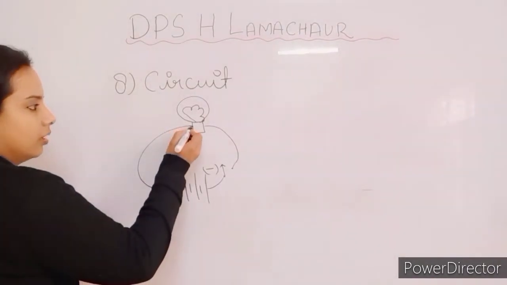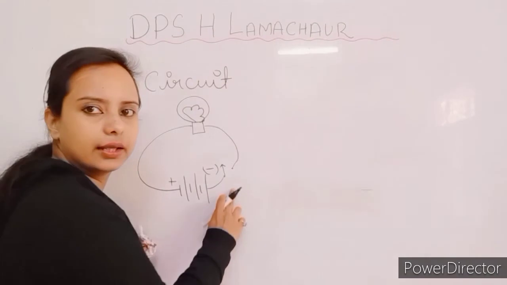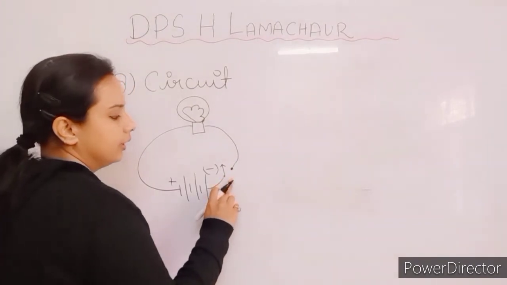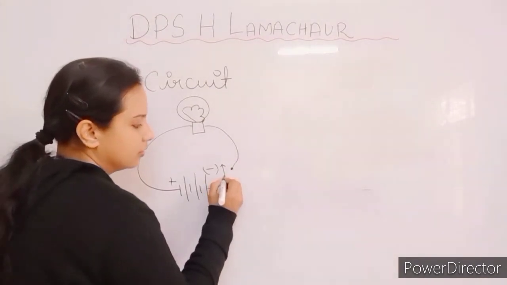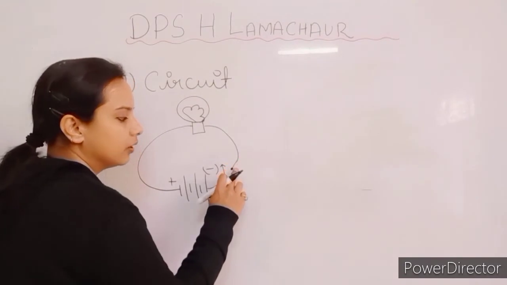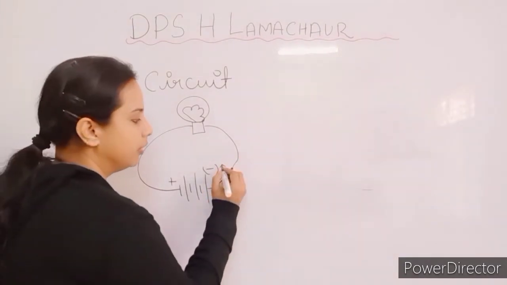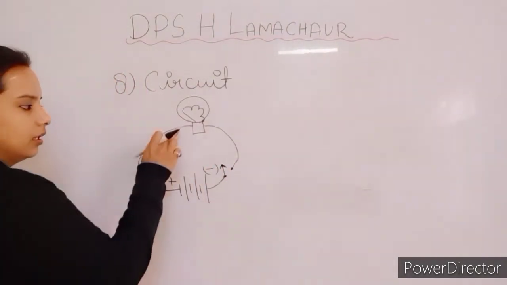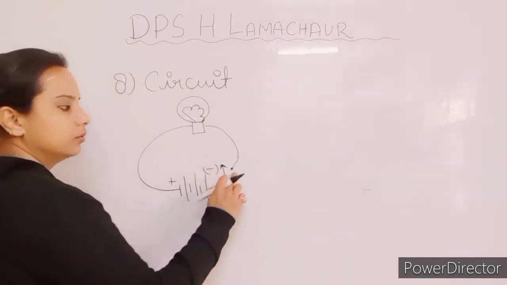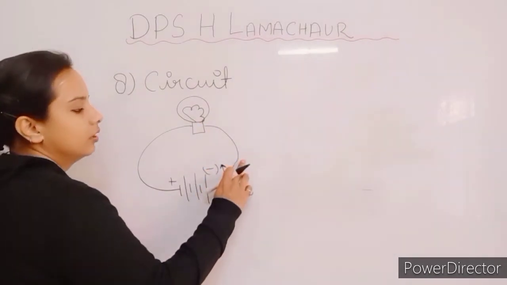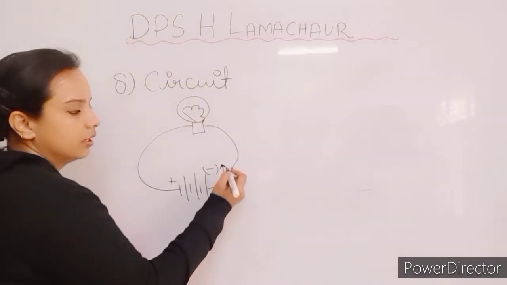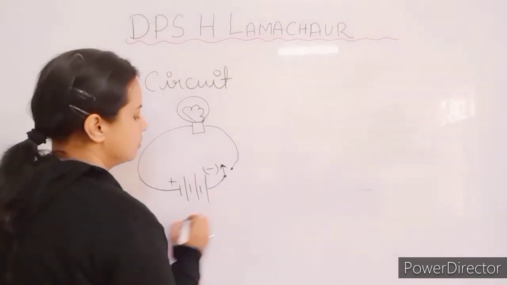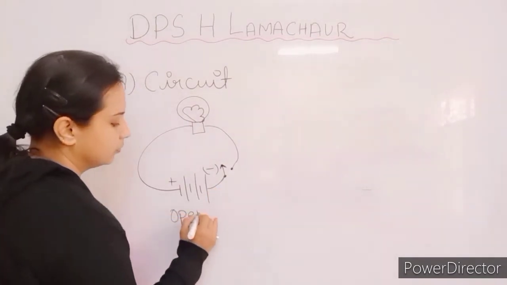Okay. Now what happened? Here you can see an arrow. Okay, and here I have not connected the wire with this. ठीक है, यहाँ से मैंने जो वायर को यहाँ पे कनेक्ट नहीं किया, and here I have made an arrow. So the current will not flow from here to this. How can it go through this wire? Because from here the wire is not connected. Okay, so this is known as an open circuit.